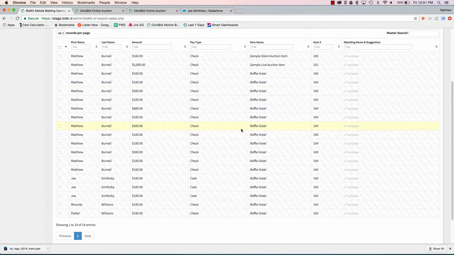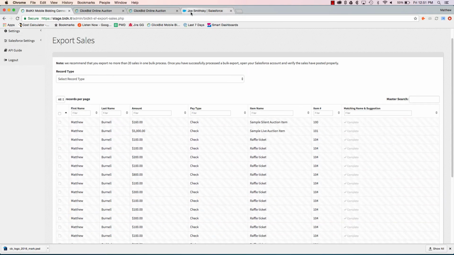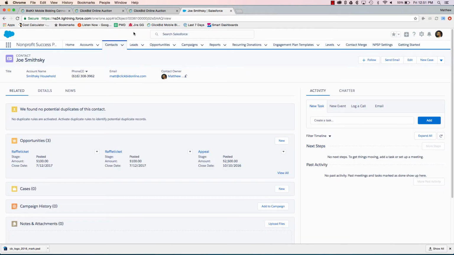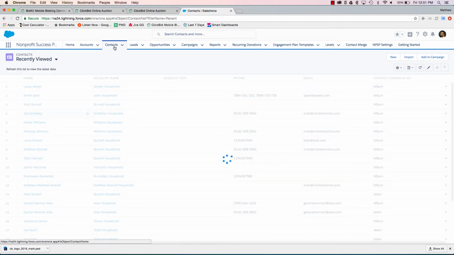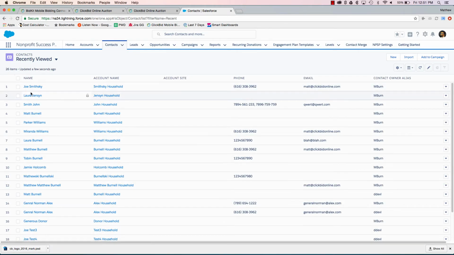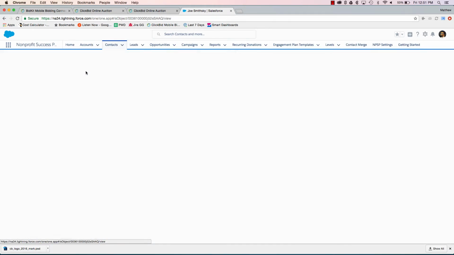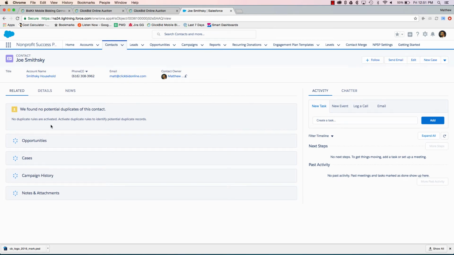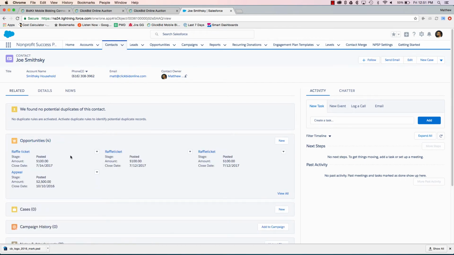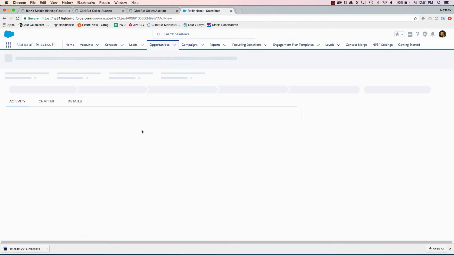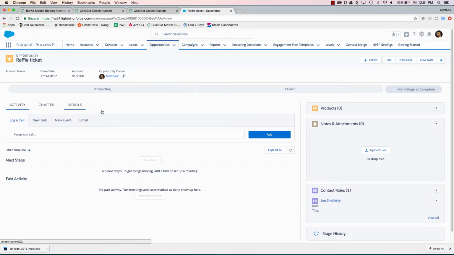Now, what I want to do is go through to Salesforce and just check to make sure that it did in fact make it from ClickBid back to where it needed to. So I'm going to go to contacts, go to Joe Smithsky, and I'm going to load up his opportunities here. And I see on 7/14 we have an opportunity for Raffle Ticket. I'm going to pop that open, go to details,